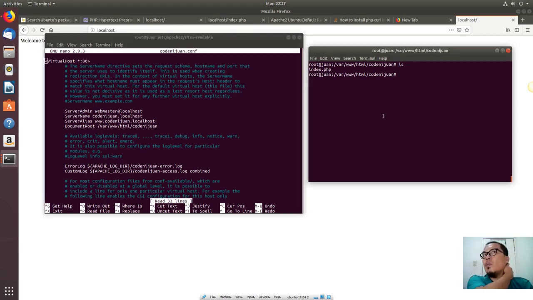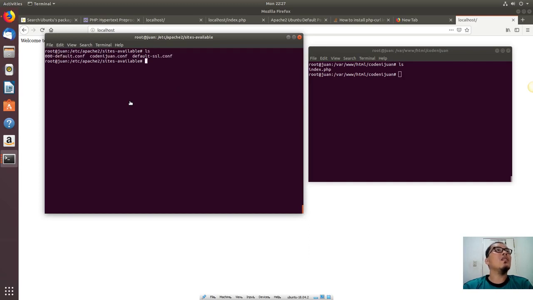But before that, we need to enable it. We created the configuration, right? The configuration is code-new1.conf. We created that one, so we need to activate it. To activate it, this would be the command: a2ensite, then the configuration name, and press enter. Then you need to reload or restart the Apache server to take effect. We already did that one, but